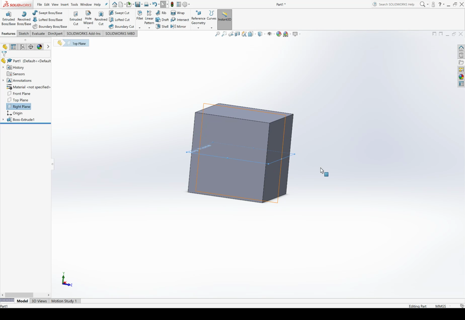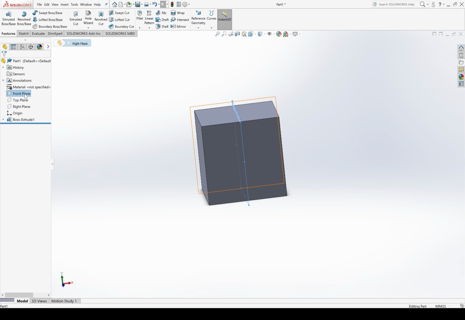And the right plane is in the center because I created my sketch such that the square defined on the front plane was centered left to right. However, the front plane is not in the center of the cube because I extruded my square in one direction and it started from the front plane.